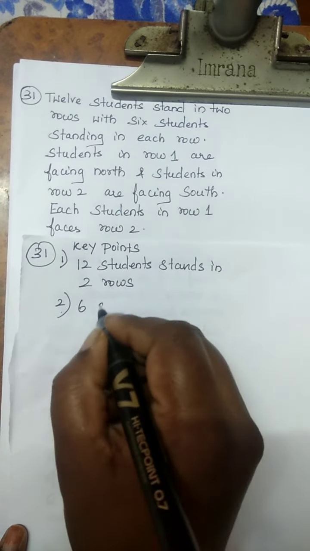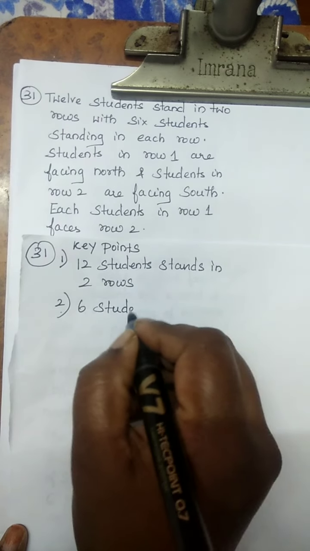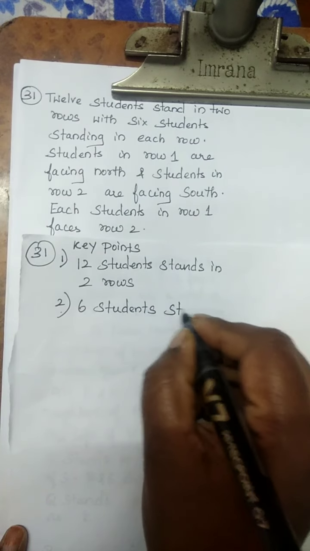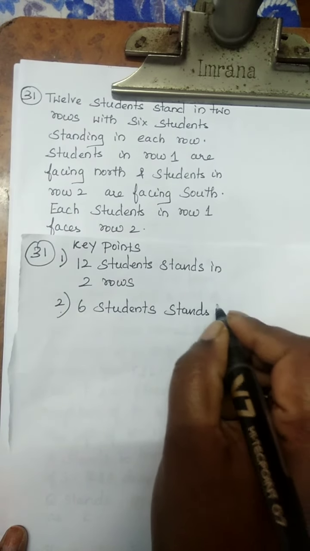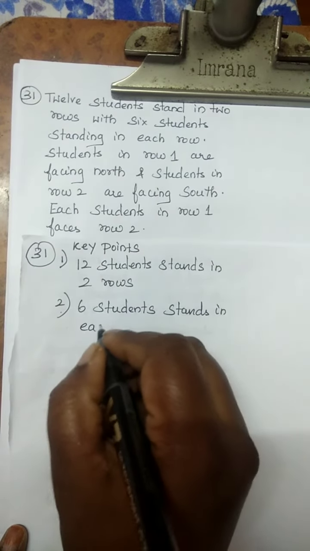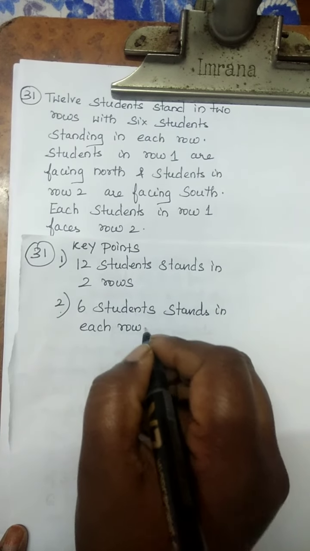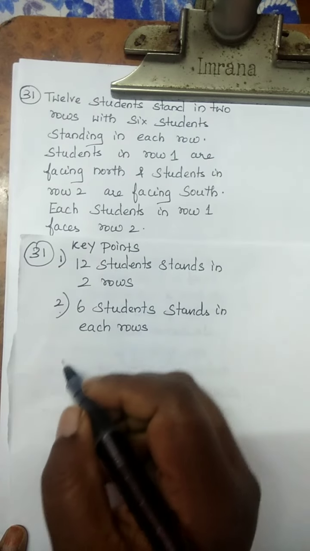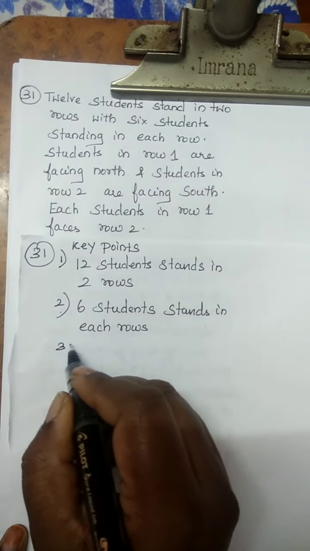Total students are 12. 6 students stand in each row, there are 2 rows, so total 12 students. And the third point is